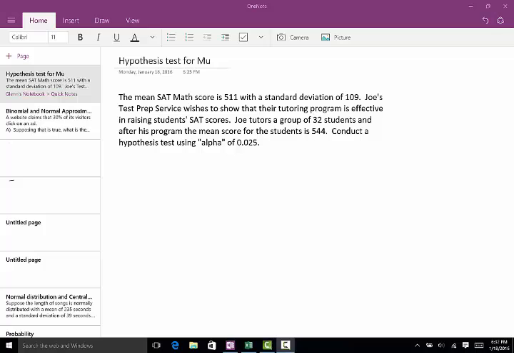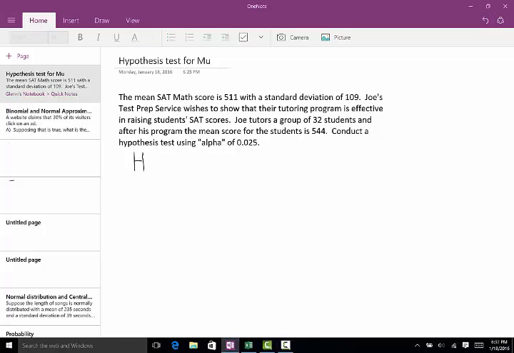Let's do the math. He tutors 32 students, and after the tutoring program, his students have a mean SAT math score of 544. Conduct a hypothesis test using alpha of 0.025. We'll talk about alpha in a little while. The setup for the hypothesis test